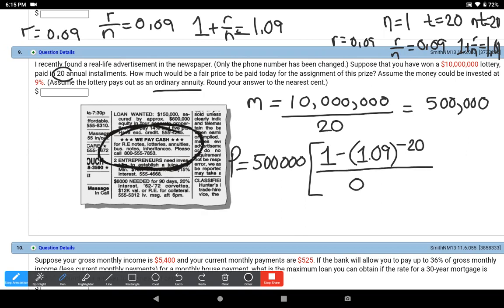And then we're dividing by R over N, which is just 0.09. So 500,000 times parenthesis, 1 minus 1.09 caret negative 20, end parenthesis, divide by 0.09 end parenthesis, enter. I get the value of